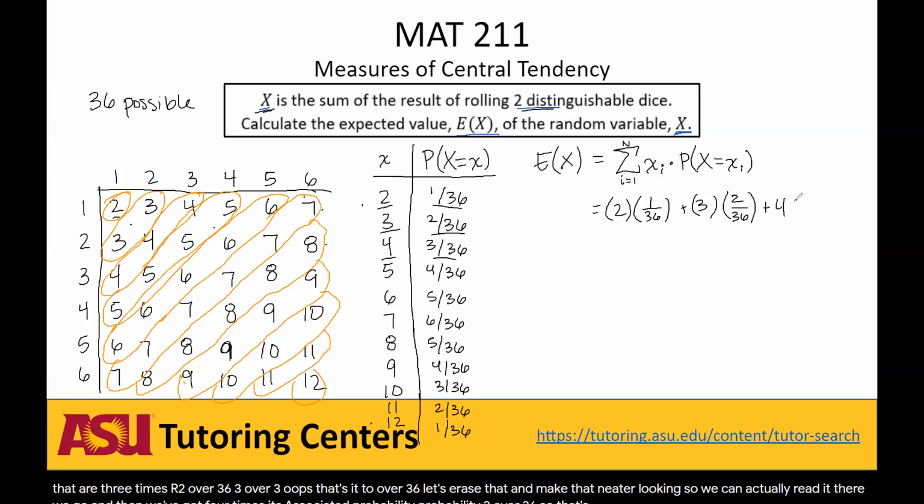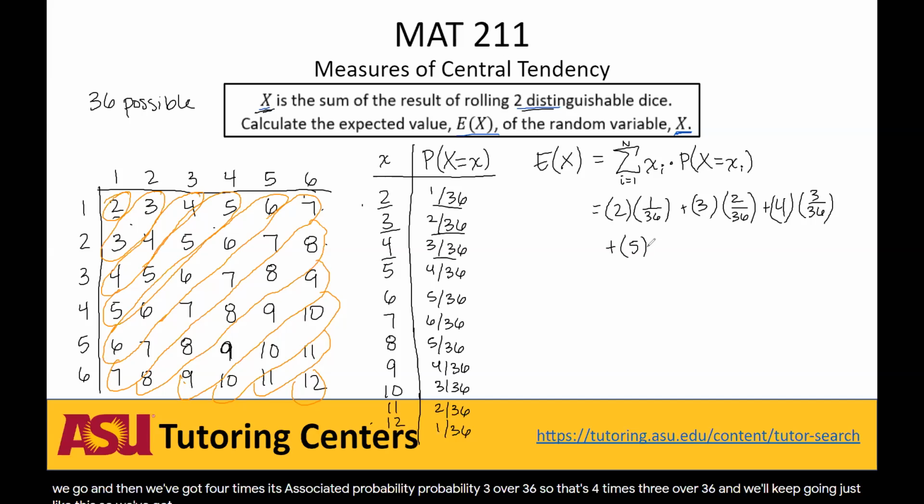So that's 4 times 3 over 36. And we'll keep going just like this. So we've got 5 times 4 over 36 plus 6 times 5 over 36 plus 7 times 6 over 36